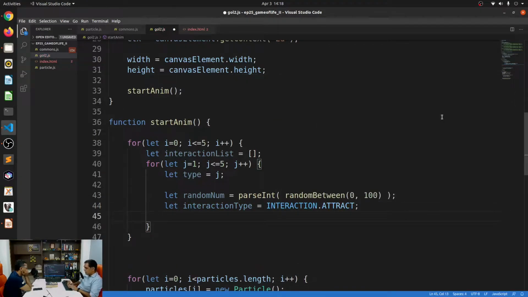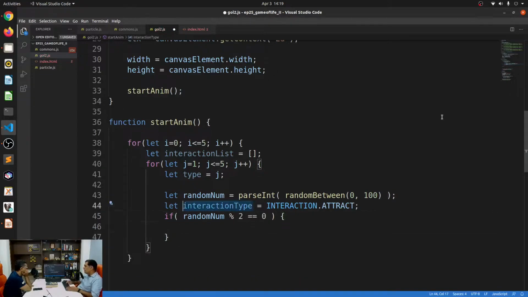By default, it's attract, and if random number modulo 2 is equal to 0, which means every even number, we'll say interaction type is repel. So they'll either be repelling or attracting.